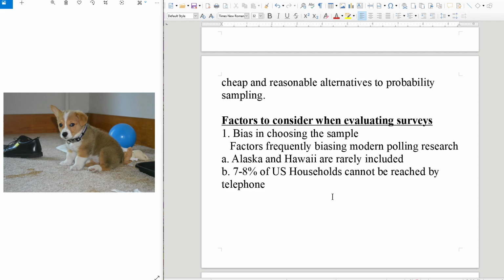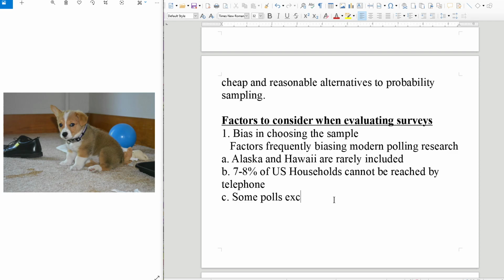If you're like me, you probably use your cell phone for almost everything, not your landline, and your cell phone tells you who's calling, and if you don't know who the caller is, you probably don't answer. So this is becoming more of a problem. It's now much harder to reach the majority of people by telephone than it used to be. And then C,